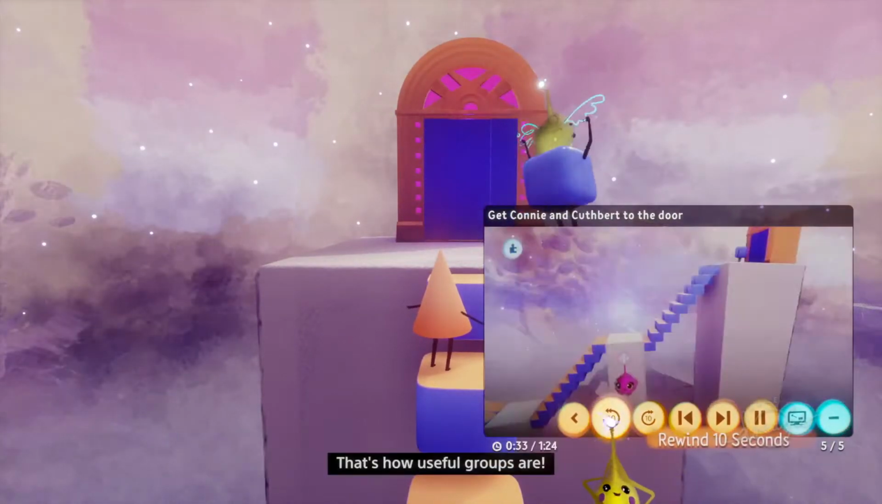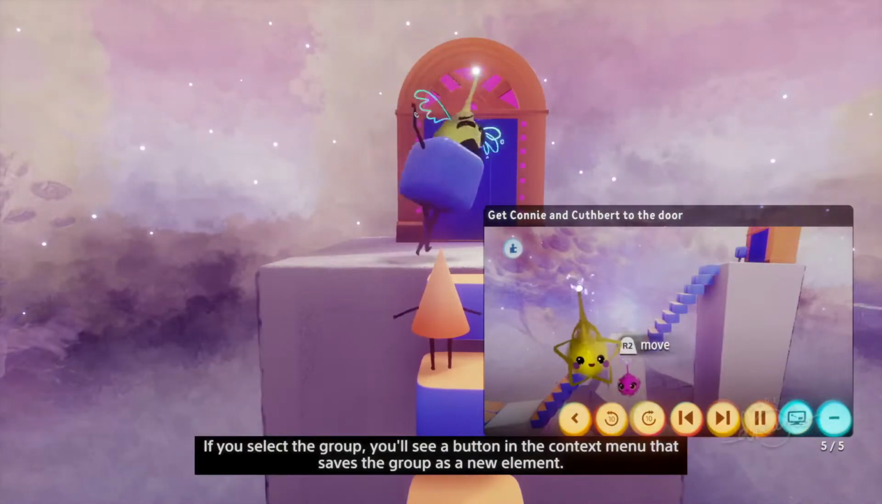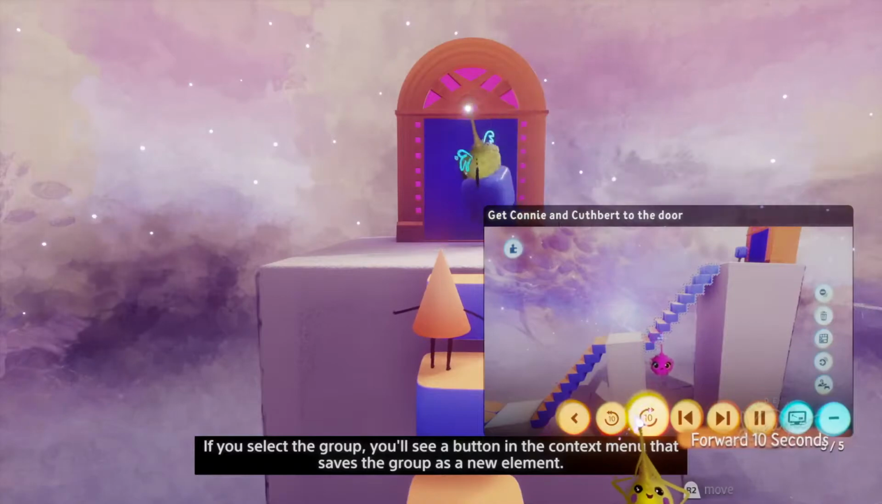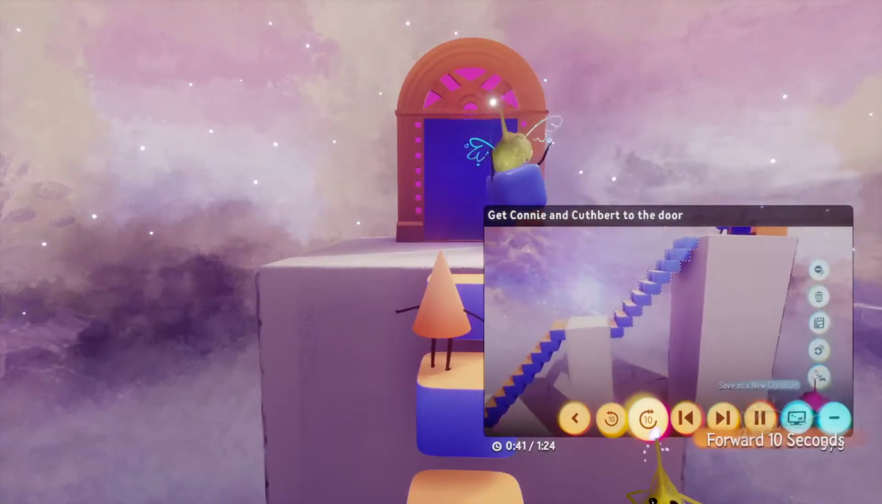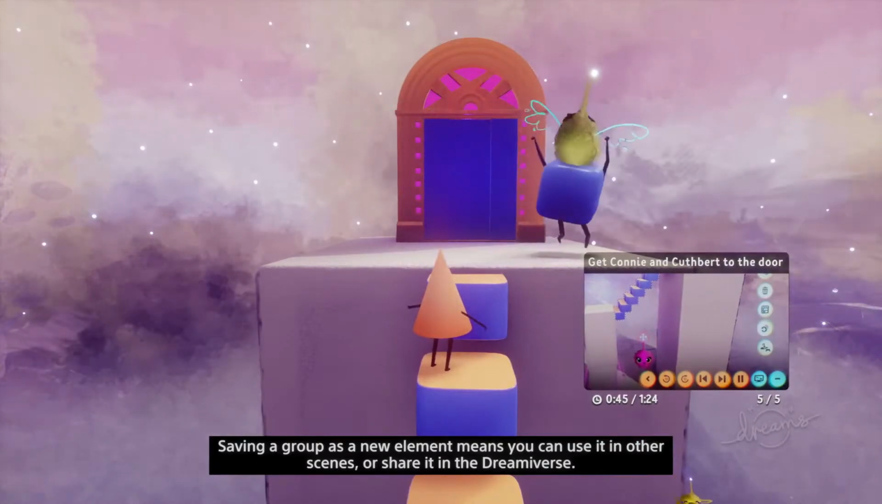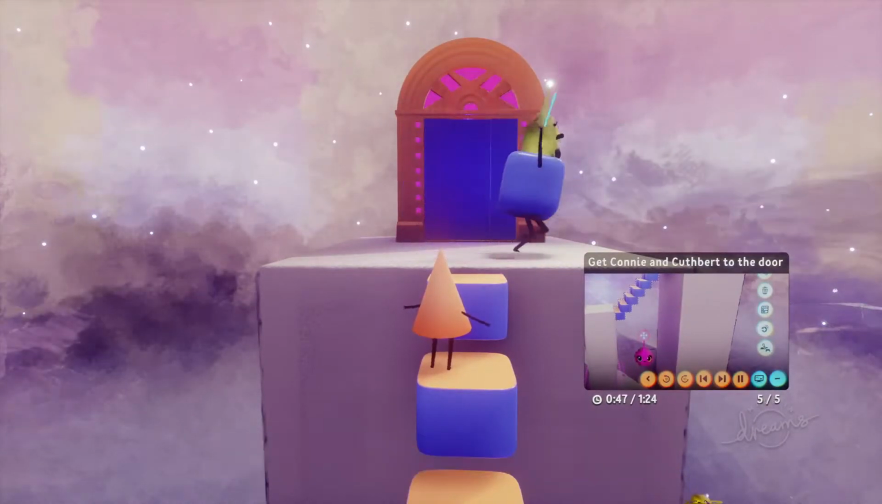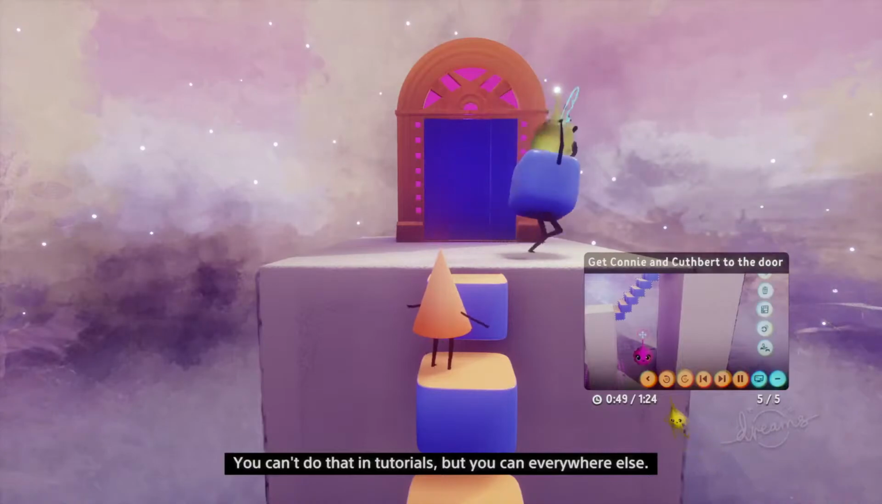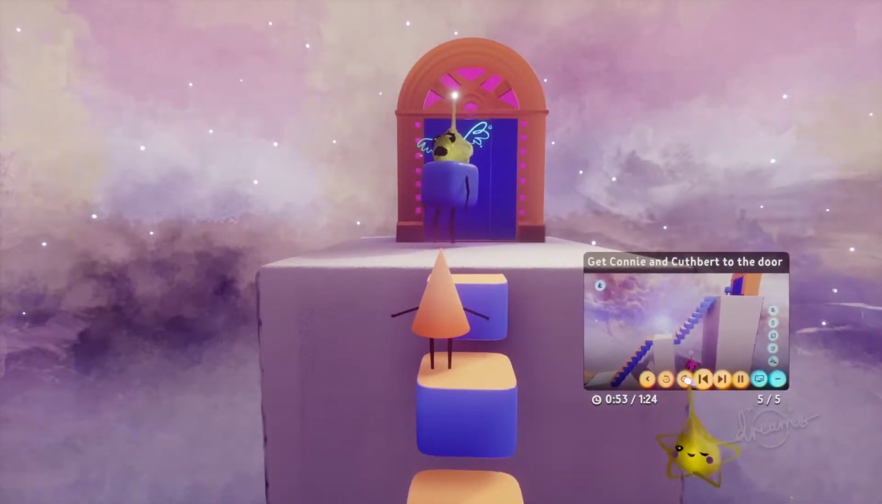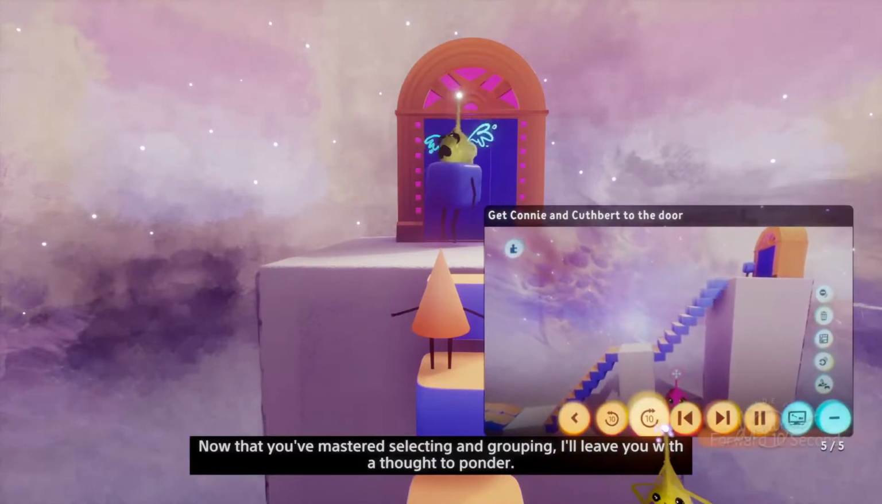Saving a group. If you select the group, you'll see a button in the context menu that saves the group as a new element. Saving a group as a new element means you can use it in other scenes or share it in the Dreamiverse. You can't do that in tutorials, but you can everywhere else. Now that you've mastered selecting an environment,